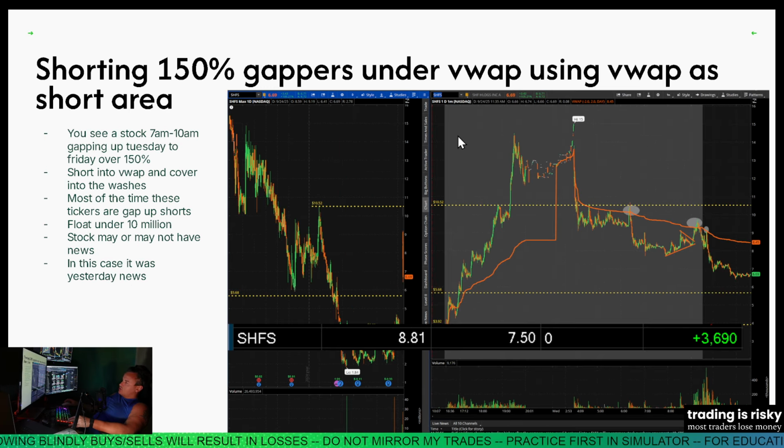Moving on to another strategy. This is shorting gappers over 150% under VWAP, using VWAP as a short area. So you can see this was a pretty nice gapper, SHFS. SHFS ran from like 3 to 15. A lot of traders were actually